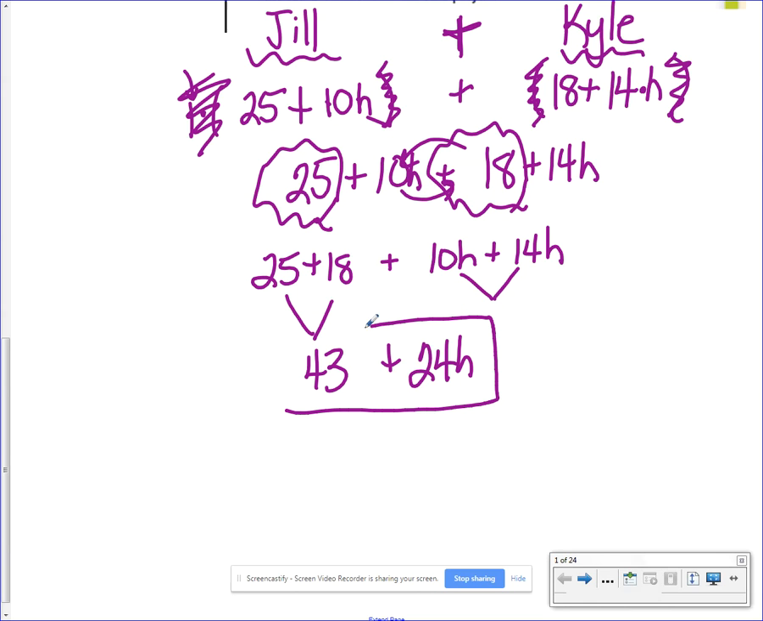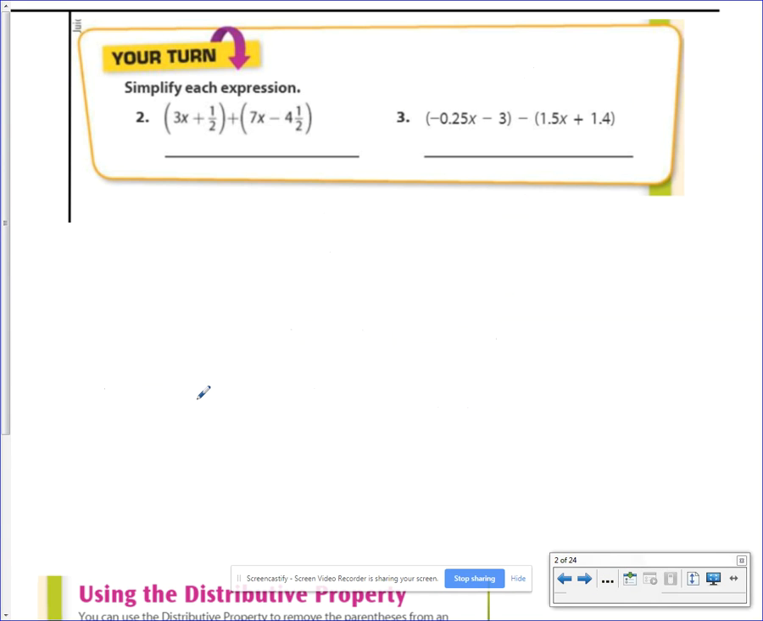Keep them separate. Now, as you get further along in algebra, usually we put something with a variable term first and then put the constant at the end. For today, frankly, I don't care what order you have it in. I just want to see a positive 43 and a positive 24H. All right,